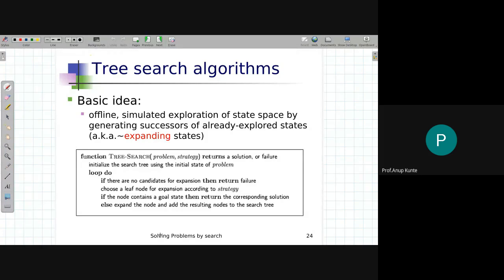Page number 77, I guess, from that book I wanted you to read. And two algorithms out of them. First was the tree search algorithm. I just put that in. I'm just having that particular slide over here open. Just a quick mention of this algorithm and quick discussion of the algorithm.